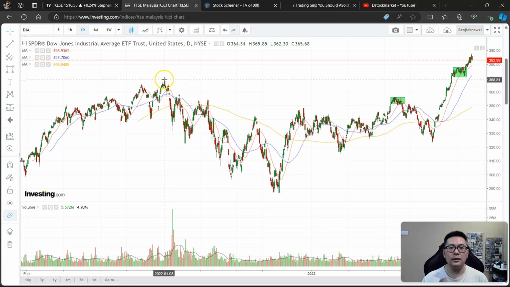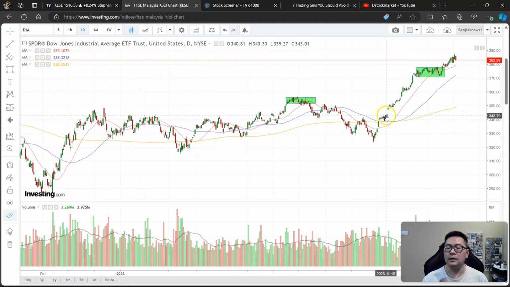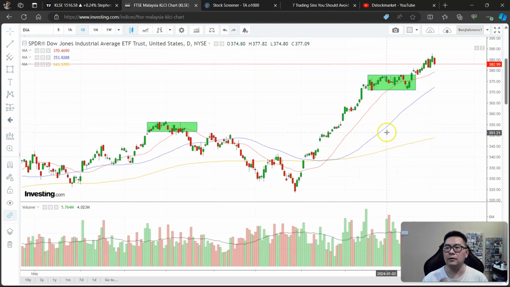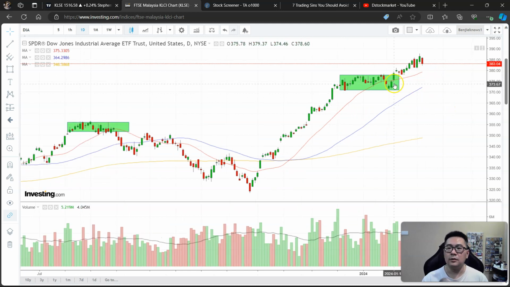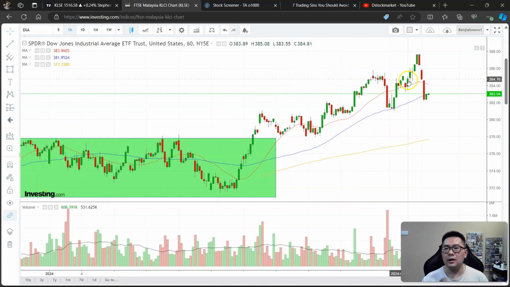You could say that there may be some support here, but we just look at these two support areas. So far, simple trend following: it is above the rising 20 MA, rising 50 MA, and we just want to continue to stay bullish bias on the Dow as long as it's above the rising 20 MA and above this support area. 60-minute chart,